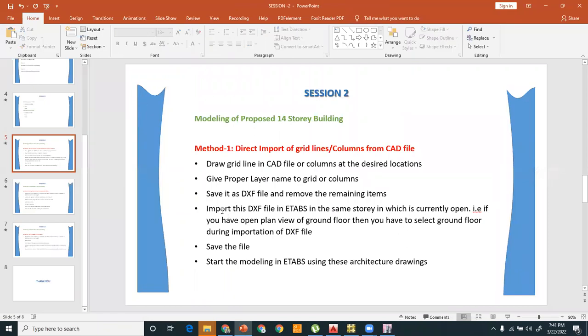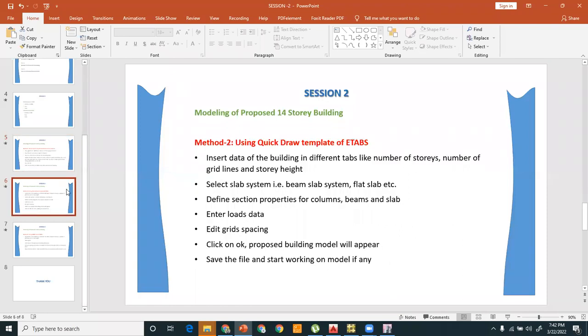Right, so after saving it, remove the ring atoms and import this user file into the ETAB, which we have done, this save file, and start modeling the ETAB using these architecture drawings. Right, so this is the first method which I have explained using the grid lines and also importing the columns into the ETABs. The next method is using the quick draw templates of the ETABs, in which you have to